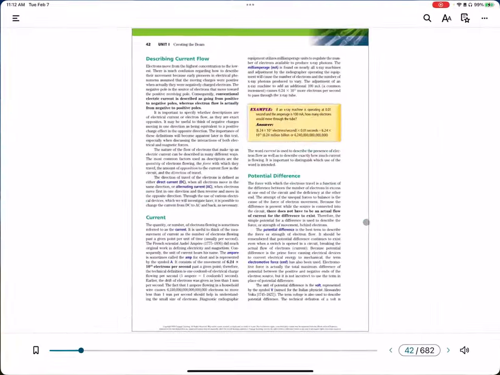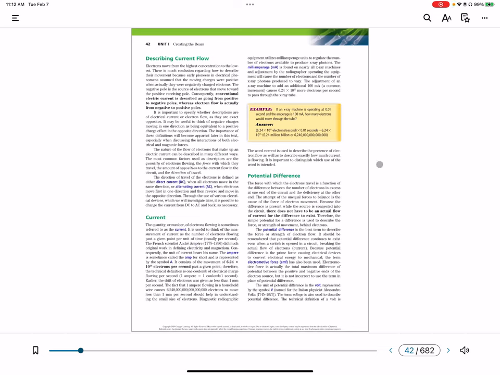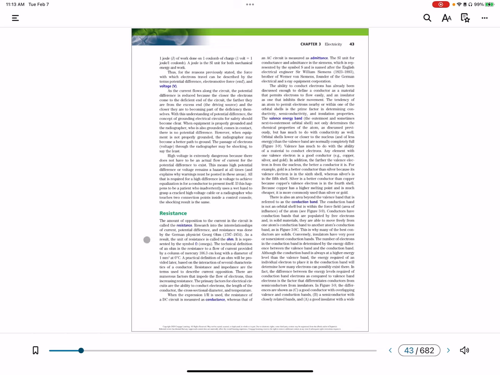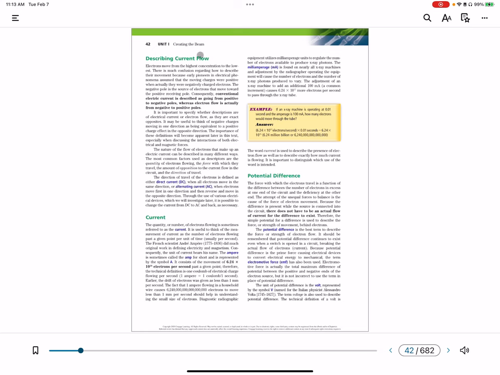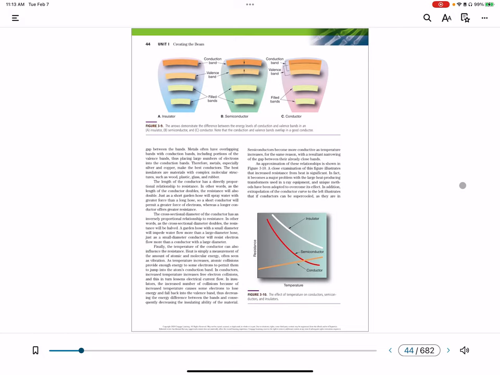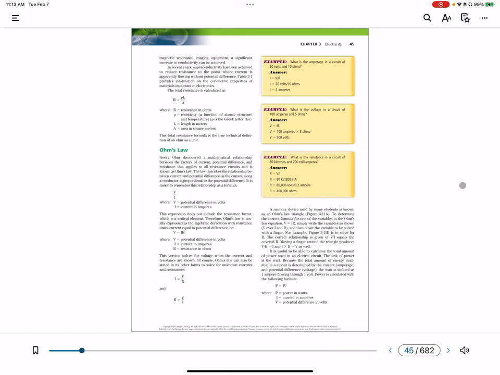And before we go too much further, again, if you're following along in the chapter, you can see where we left off a moment ago with potential difference. And if you move forward, then it gets into resistance on page 43. Now, if you notice the stuff that we've been talking about, we have a paragraph, but this one right here actually spans across a couple of pages, and it stops here at Ohm's law. So make sure,